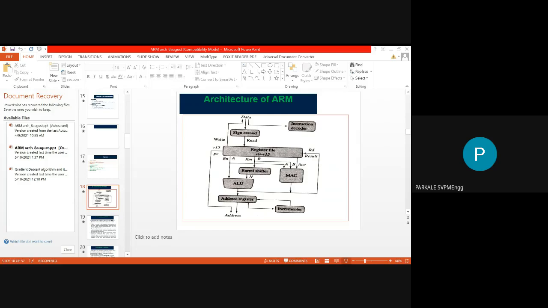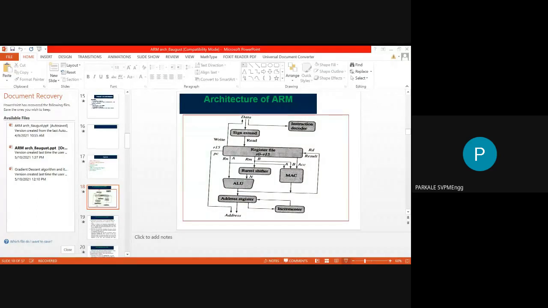So barrel shifter is one type of block or device which is used to shift the given data by some number of locations. For example, let's say you have this binary data 0 0 1 0. Now let's say I have to shift this data towards the right side by 1 bit. So I will shift this data. 1 will come at this point, then you have 0, then this 0. I will append a 0, and this 0 will be discarded. That means I have shifted the original data by 1 bit to the right side. Okay, so this is called a shifting operation.